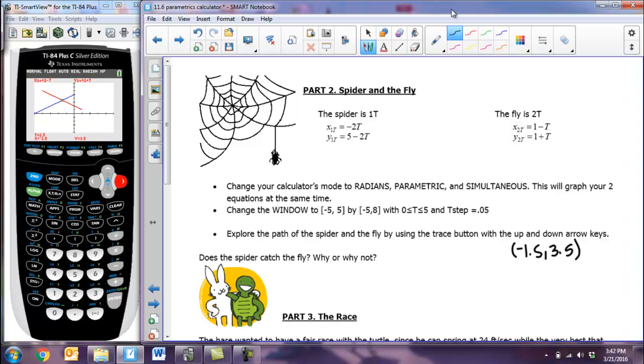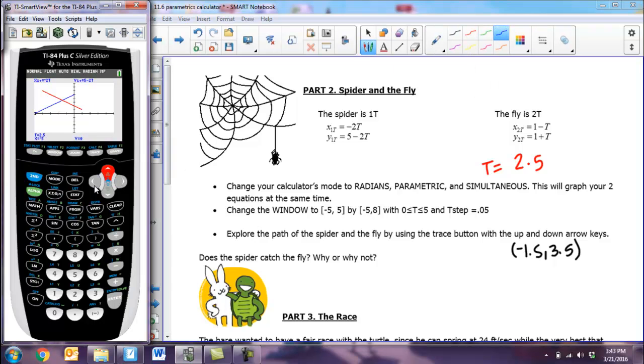But if I look at that other parameter right here, for my fly, that fly got to that point at 2.5, where t was 2.5. Whereas if I go up and I look at my blue graph, and I get over there slowly, because my t is really small. I should have changed it before I started, but now I'm in it. I gotta finish. So when I get to that intersection point of -1.5, 3.5, I see that the spider got